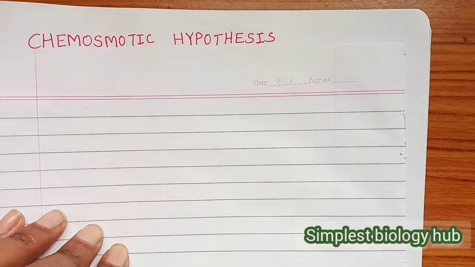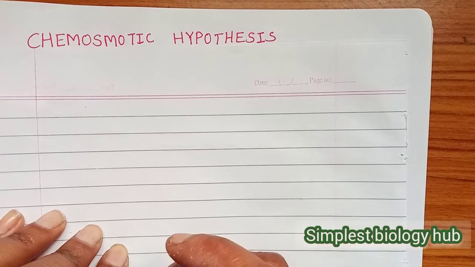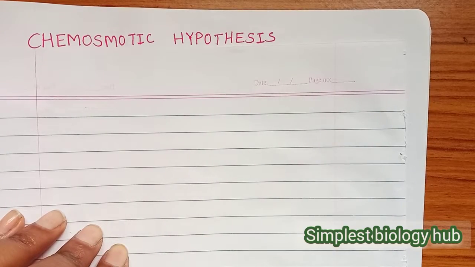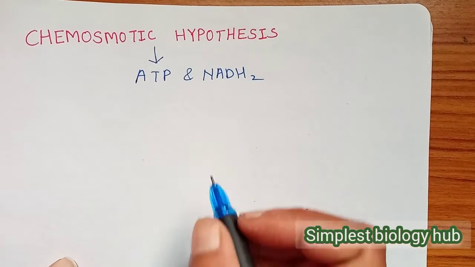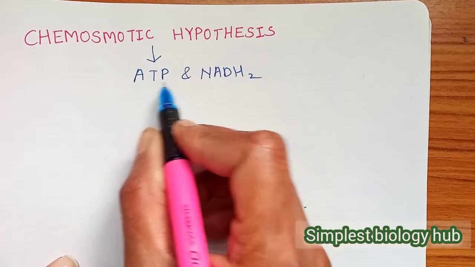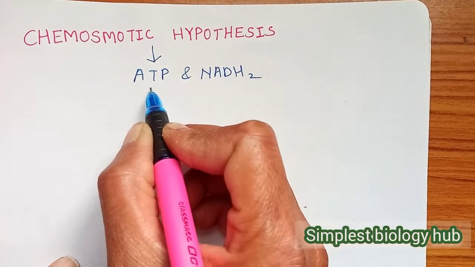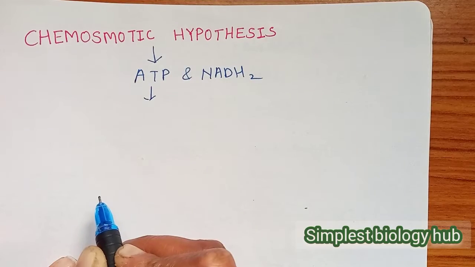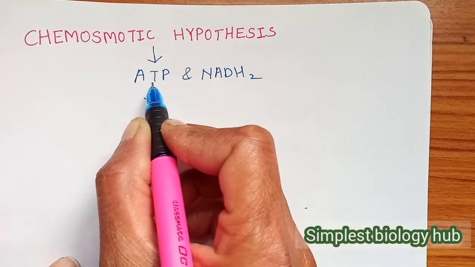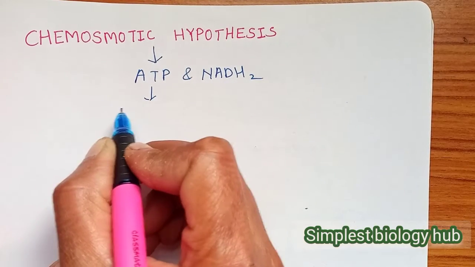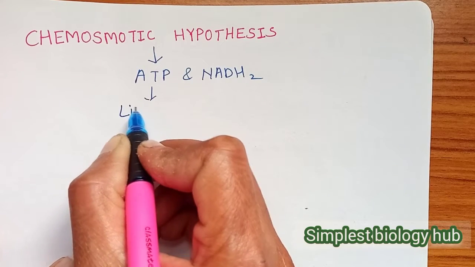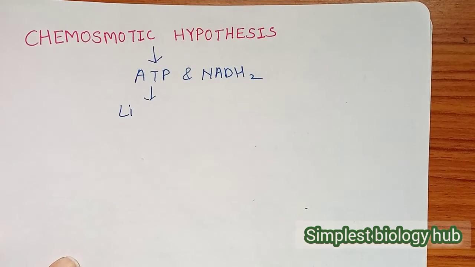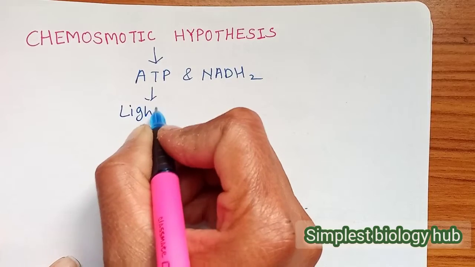Students, we start a new interesting topic of the lesson photosynthesis, and the topic is the chemiosmotic hypothesis. The aim of this process is the formation of ATP and NADH2. But in photosynthesis, we already studied that the ATP and NADH2 are produced in the light reaction,